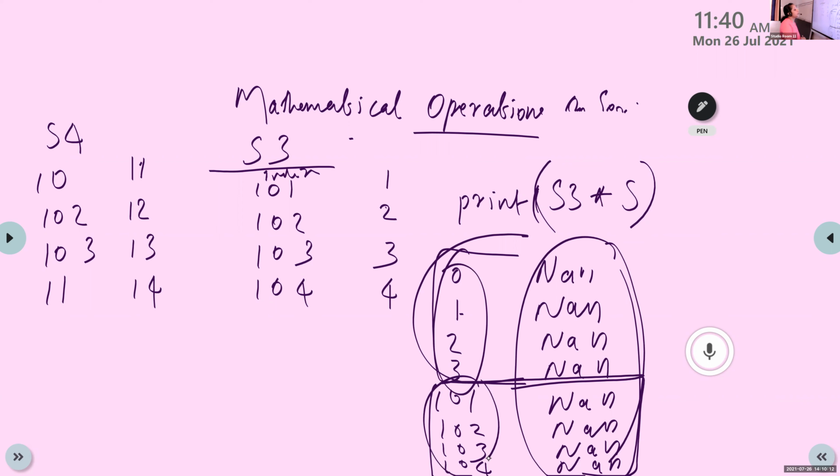Okay. Then in our MCQ based questions, you have to find out the output of a statement. For example, if S3 into S, what is the output of this statement? We have 4 choices. You want to pick the correct choice based on this statement. If the index is different, what is the result? If the index is the same, what is the result?